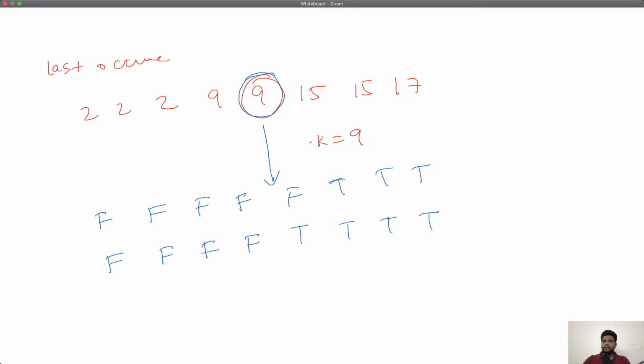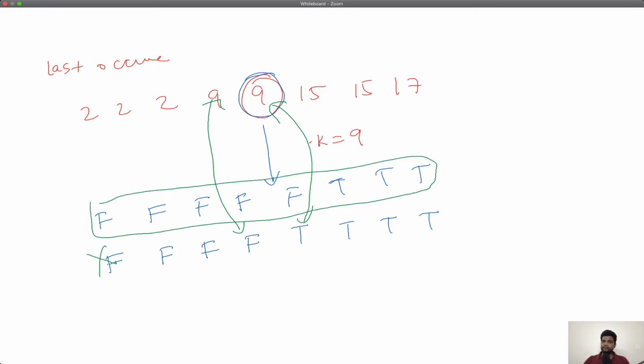Now you can again reason that this configuration is not possible because 9f then a 9t, for the same 9 you cannot get two values of the predicate. It's a deterministic function. So your only hope now is this particular predicate or this particular sequence.